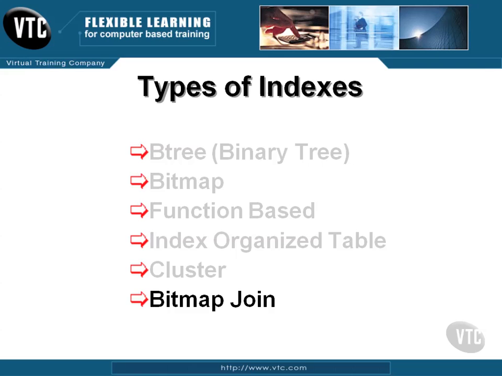A bitmap join is a special type of join where you pre-create a join between multiple bitmap indexes to allow for faster access to large chunks of data, typically in data warehouses. A domain is a special type of index applying to a context or domain. So in Oracle we have 1, 2, 3, 4, 5, 6, 7 types of indexes that we're going to look at. The most important ones are actually